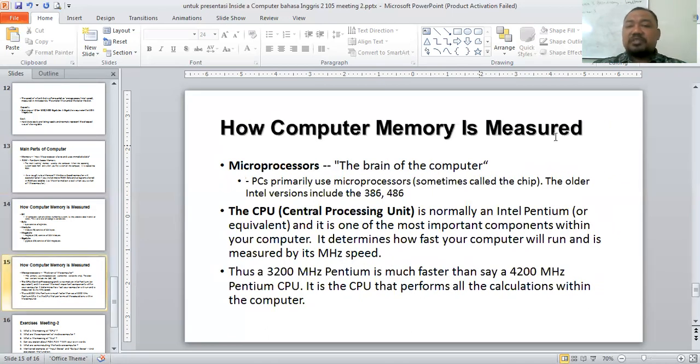How is computer memory measured? Microprocessor, the brain of the computer. Personal computers primarily use a microprocessor, sometimes called the chip. The older Intel versions include the